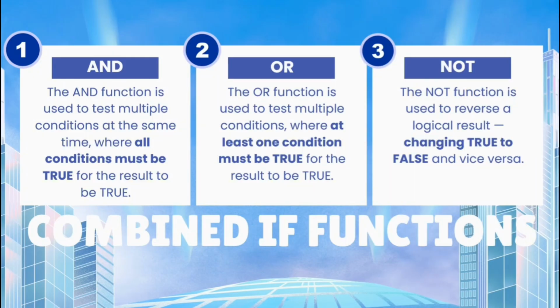And the last one is IF combination NOT. IF combination NOT is used to reverse a condition. If a condition is true, NOT makes it false and vice versa. This is useful when we want to check something indirectly. For example, NOT less than 70 is the same as 70 or higher. By combining IF with AND, OR, or NOT, we can create more complex logic and make more accurate and detailed decisions in spreadsheets.